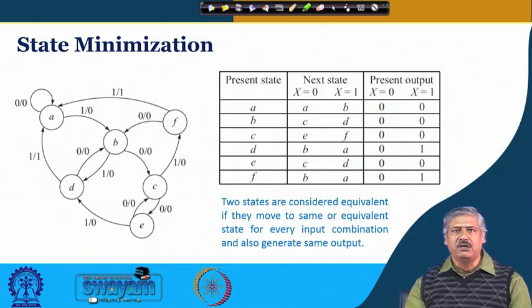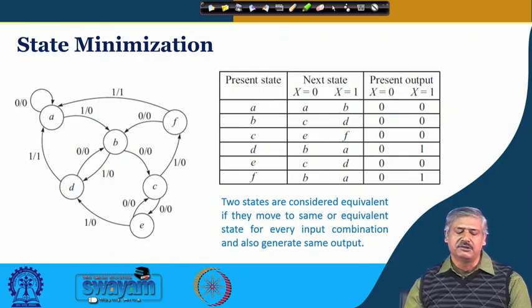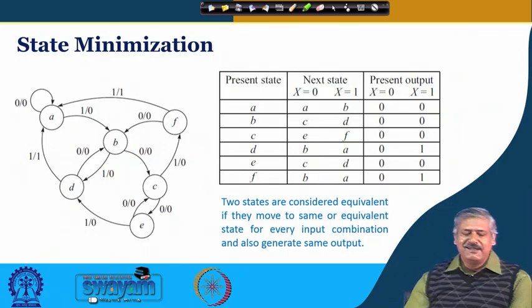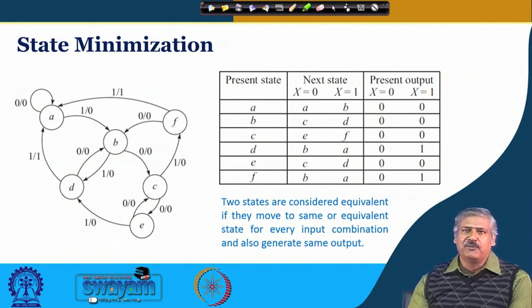It will not alter the input output characteristics; only the internal states required to generate the corresponding output for a particular sequence of input are getting reduced. With this background, let us see an example and learn how it is done. We shall take up one method today,